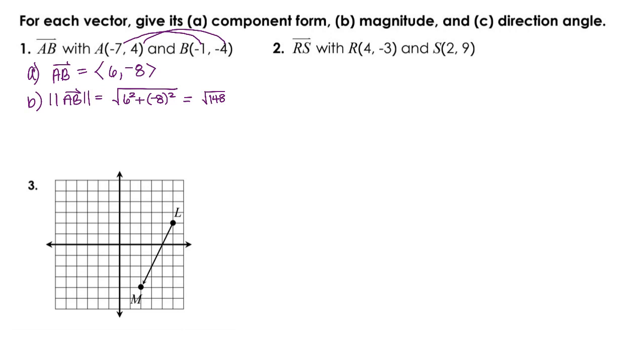And then we need to finally find our direction angle, and this is where we plotted to see where our vector would be. We're over 6 down 8, so we have 6 and -8. Our angle that we find is sitting inside the triangle, and so we're going to say tangent of theta equals -8/6. And then to find that actual angle, we need to do the inverse tangent of -8/6. And that's going to give us